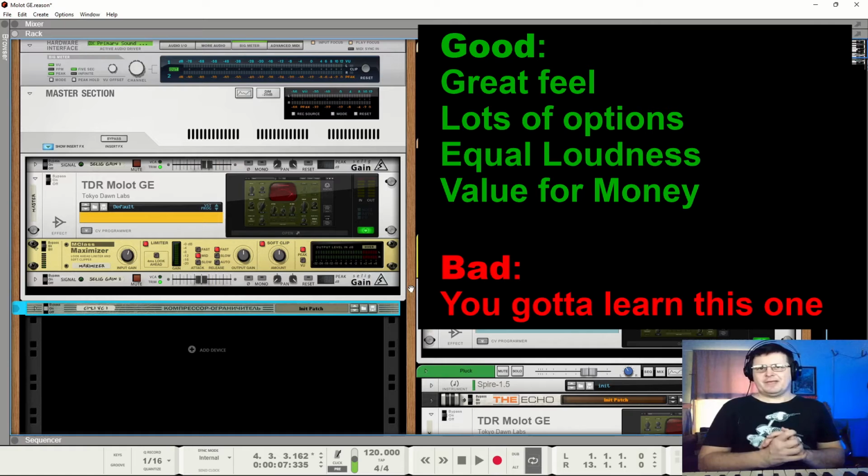Oh, there we go. The equal loudness stuff might take a couple of goes to get your head around, but that's beautifully done. That it's possible, not so much from the bypass here, that won't be equal loudness, but from the internal bypass, you will get a very even AB, which is nice, especially if you are learning compression or learning how this compressor is going to work for you.